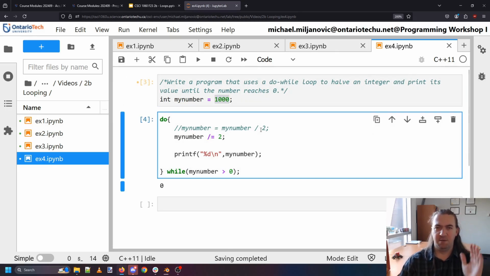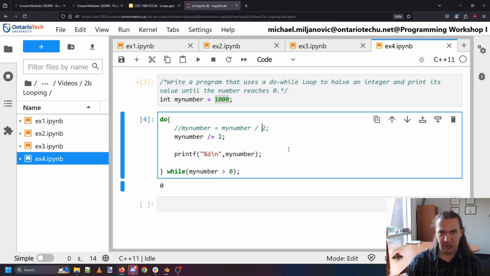All right, so that's it for loops. I definitely recommend practicing lots of exercises with loops, with branching, with data types. These are really the core pieces of what it is to code, not just in C++, but in basically every sequential coding language. So get lots of practice, and I'll see you next time.